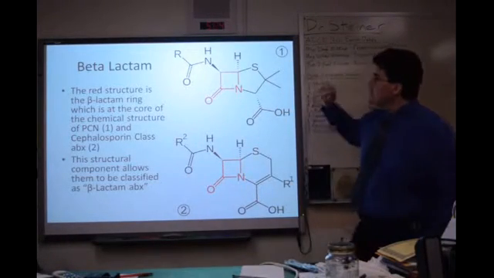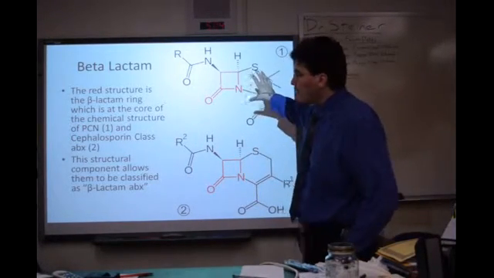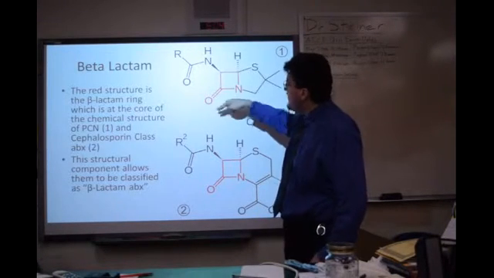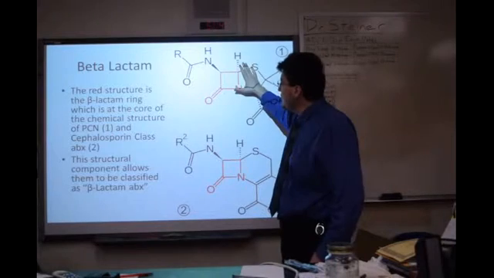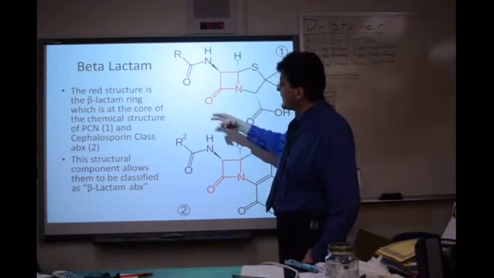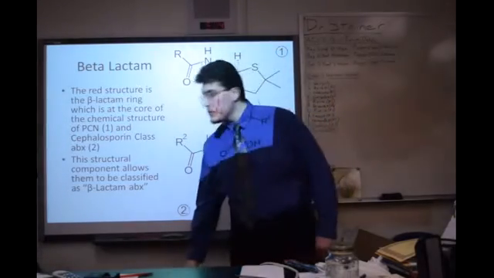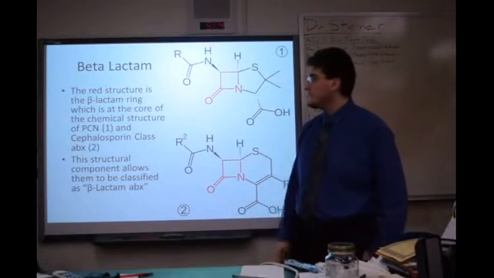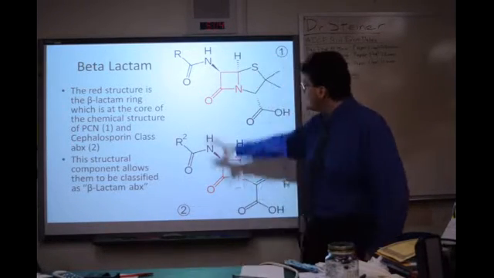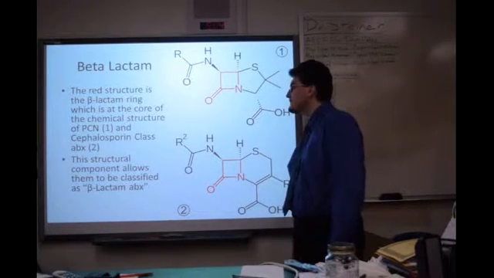So the core of the chemical structure of penicillin is this beta-lactam ring. This 4-member ring with a nitrogen and a ketone group coming off of it. This is the beta-lactam ring. It is the core of this chemical structure. This is penicillin over here, and these are